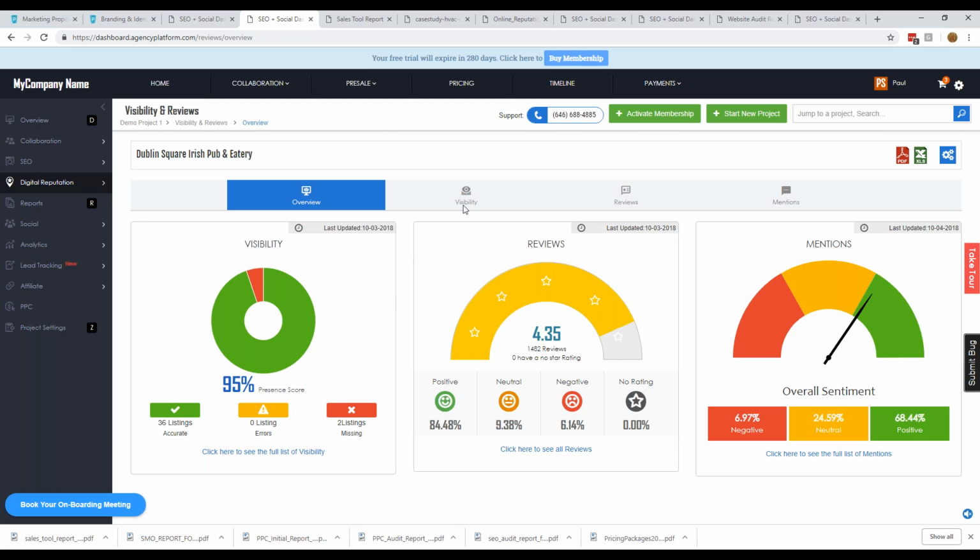Okay, so when you give the client access to the dashboard, it's not just for reporting. That's one of the things that I stress the most. The dashboard is not just for reporting and client retention. There are features of the dashboard the client needs access to be able to utilize if they want to use it for certain management features, such as do-it-yourself reputation marketing. So when they would come in here,